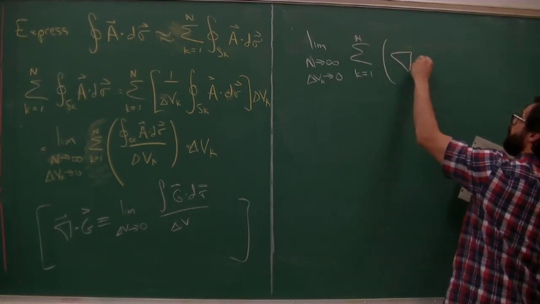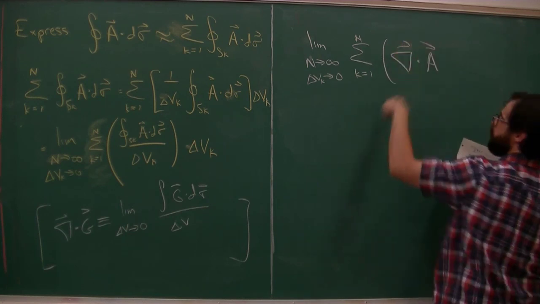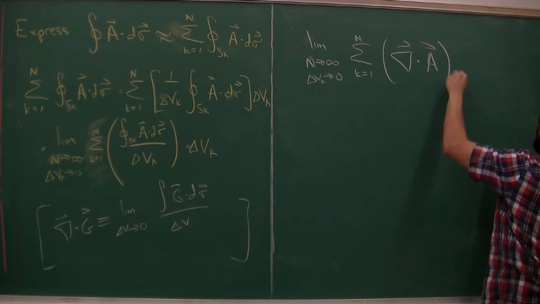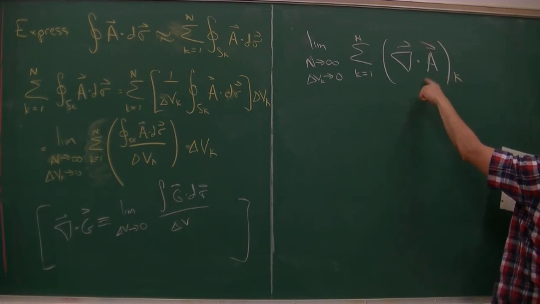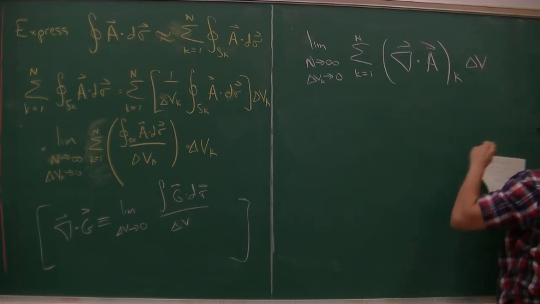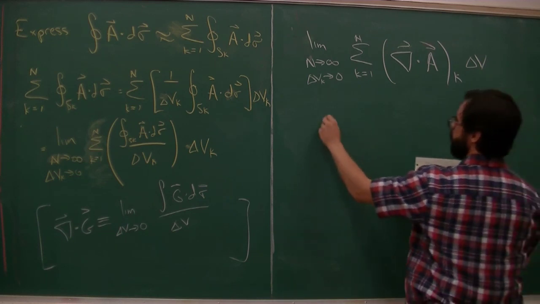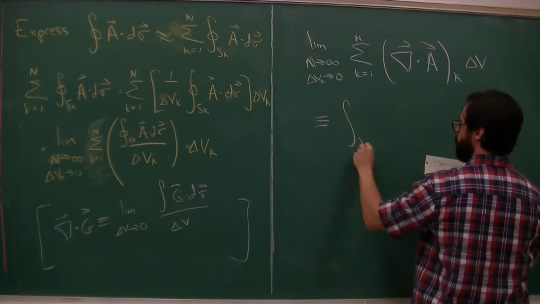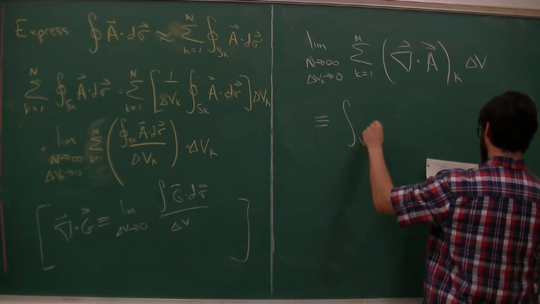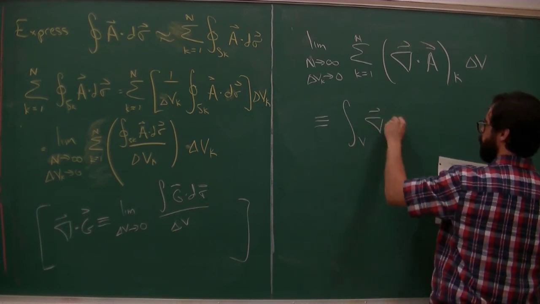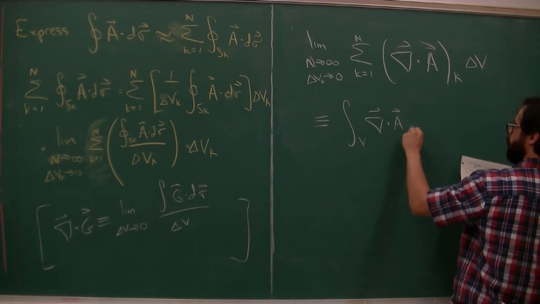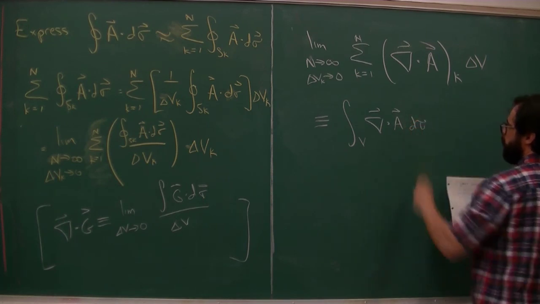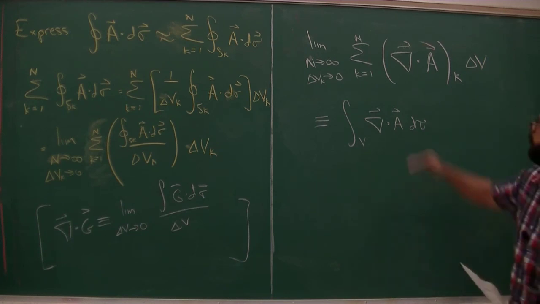But now we can call these divergences instead of this stuff, okay? But this is the divergence through the kth box. And that's worth drawing after I do the last step. So this is the integral over the volume. By definition, dv or d tau, we'll call it d tau because it's now differential. So this,